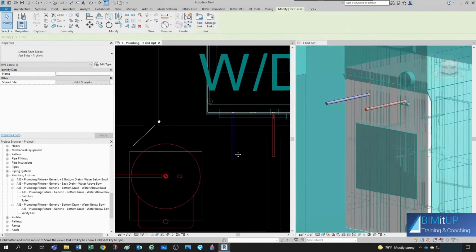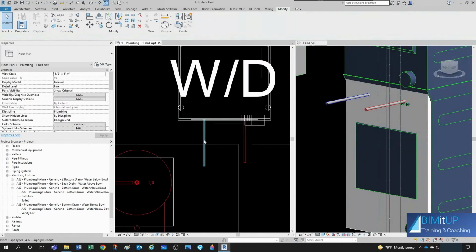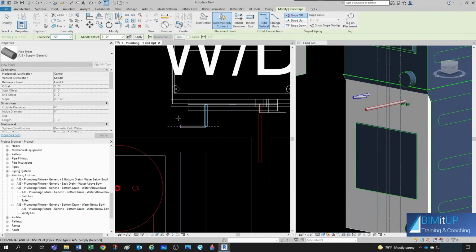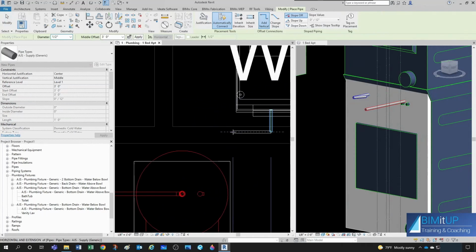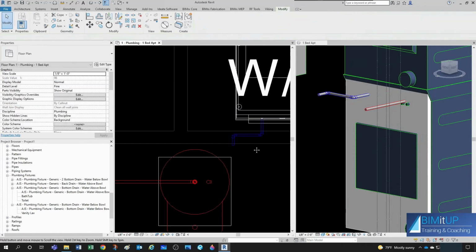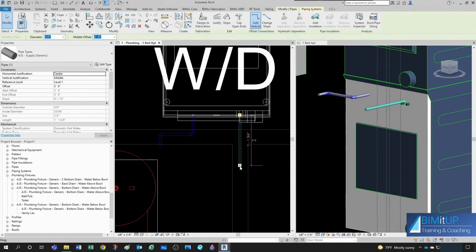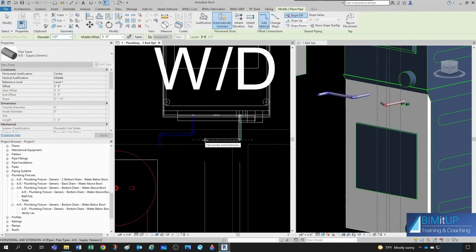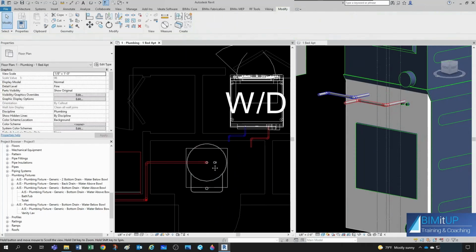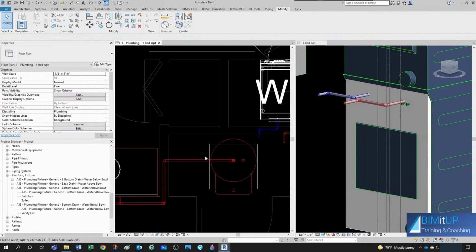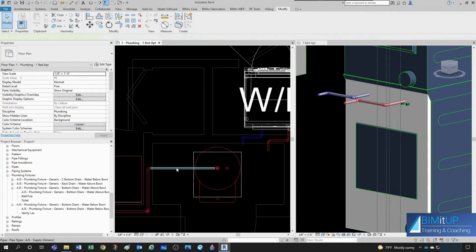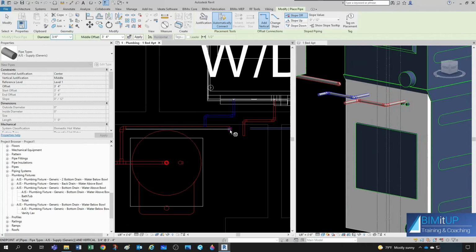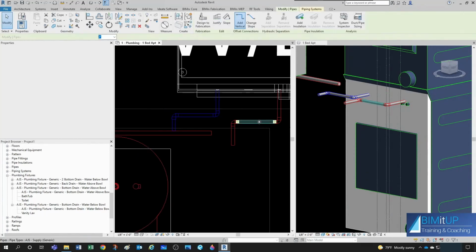So let's do that offset here. And most likely you won't want to have both of them at the exact same elevation if you were building this, because you have limited space within the wall. But in this case, just to keep it simple, I'm going to do something like this, and then this guy, I'm going to do something like this, and then the line that we have coming from the heater, right? Let's keep it at 3/4 because we know we have that sink on the right. So I'm going to bring this up a little bit more,